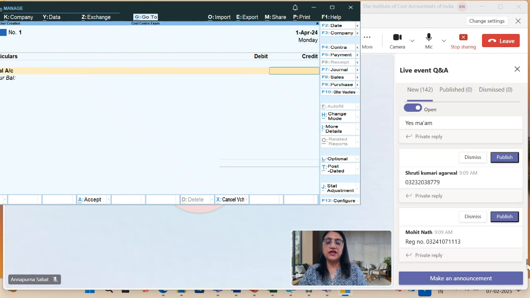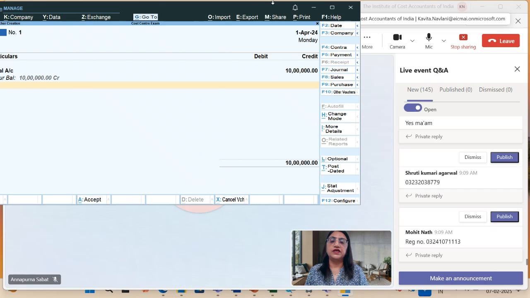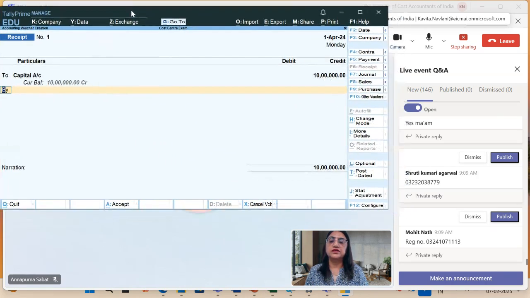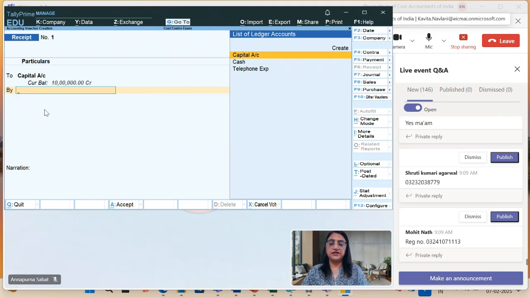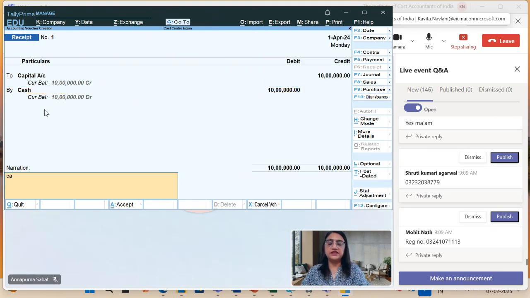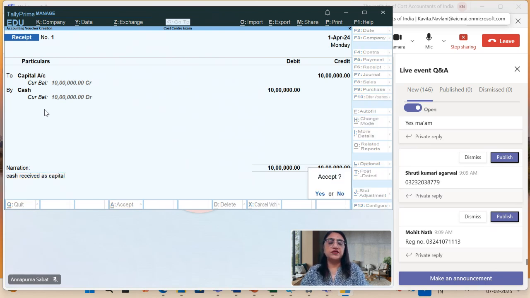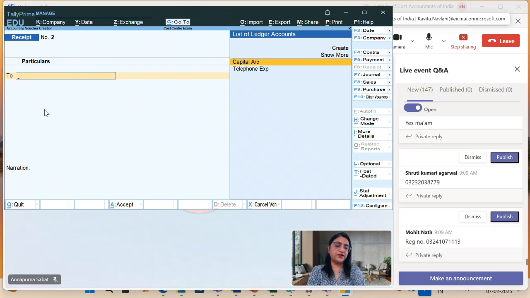F6, capital account, 10 lakh rupees, by cash received. This is a very simple example, because by providing a simple example, I want you to understand first what a cost center is. Then we will work on